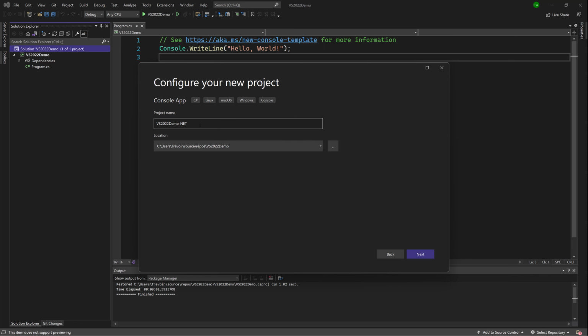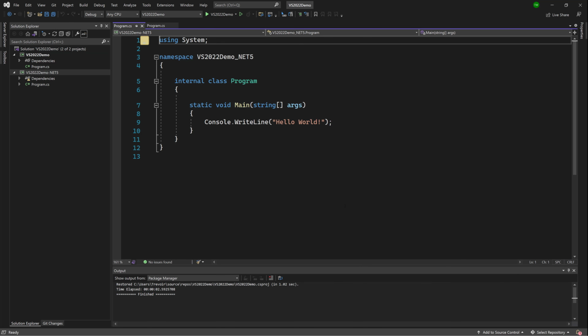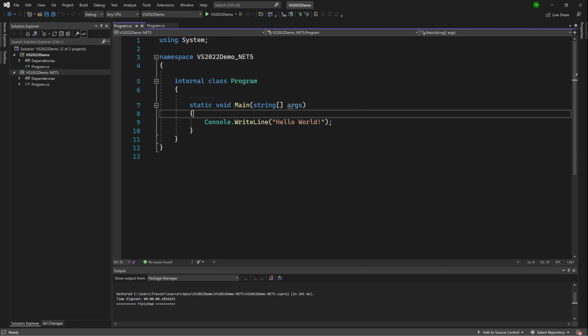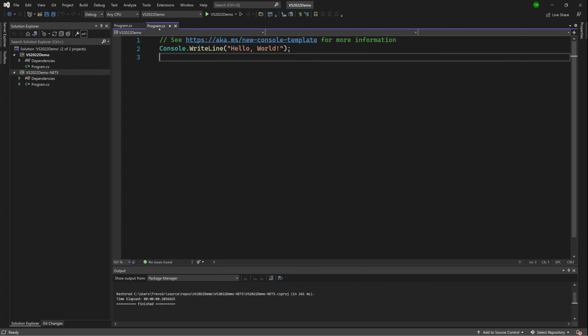.NET 5, so we know. Next, and then this one is .NET 5. So that is what we're probably accustomed to when we look at a .NET 5 project or .NET 5 console project or code file. So you have your class, you have your static void main, and then you have your code. However, in .NET 6, they got rid of the wrappers around all of that, and you just start writing